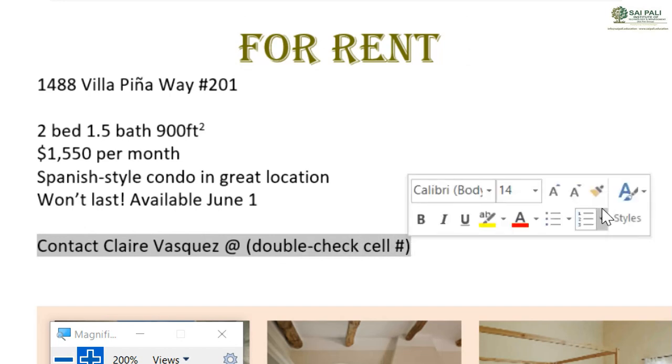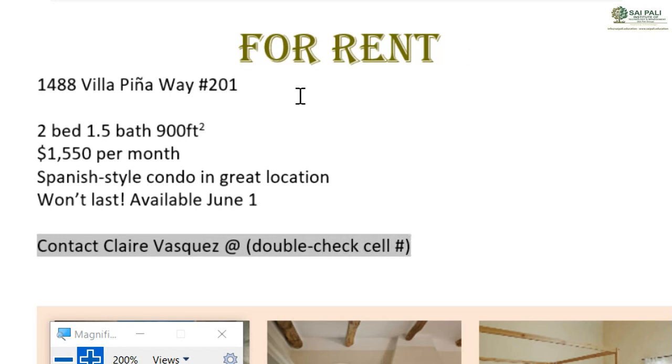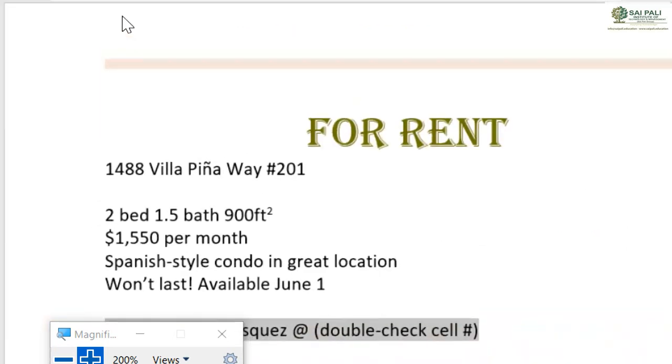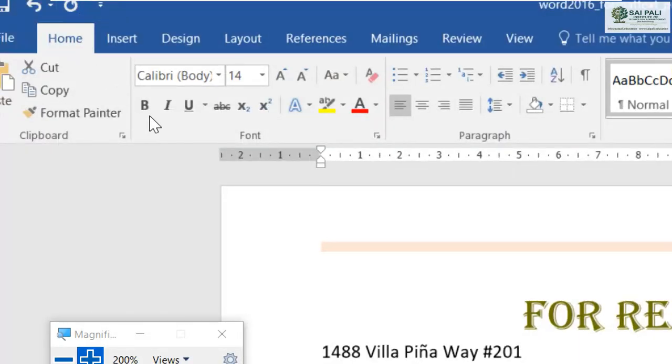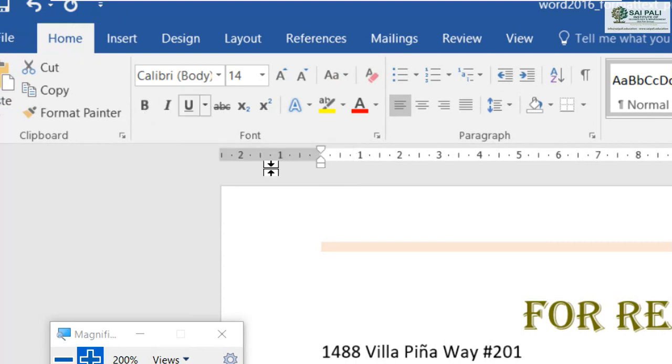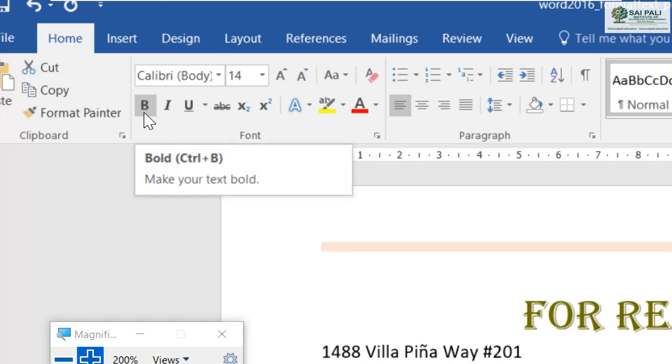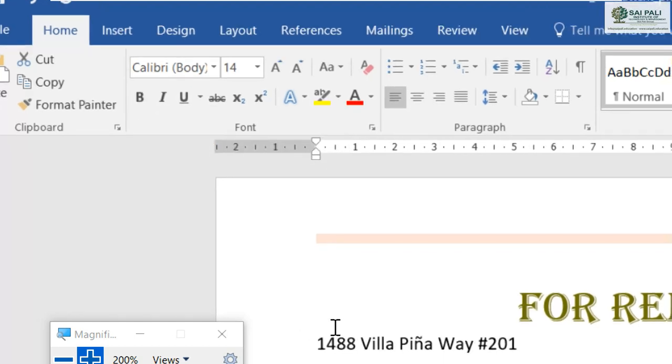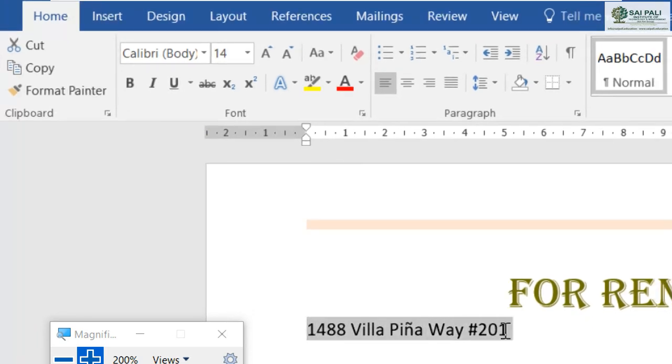So I select that, and then I will go here and select the bold command from the Home tab in the font group. Now when I click on bold, the text which I selected will become bold. Now let me do this. I will select this one so that we can see it directly here.